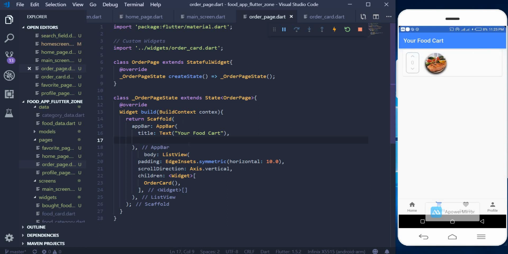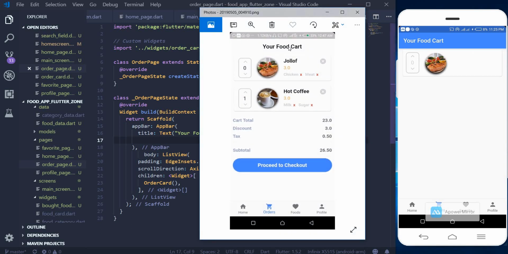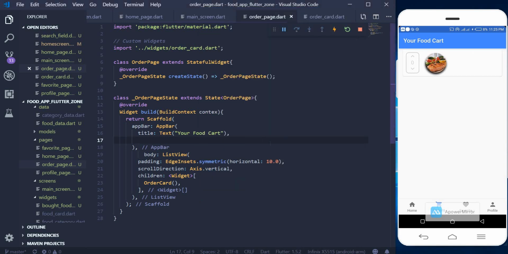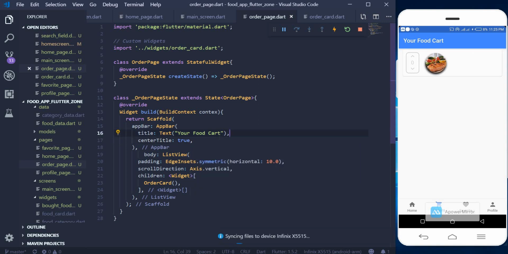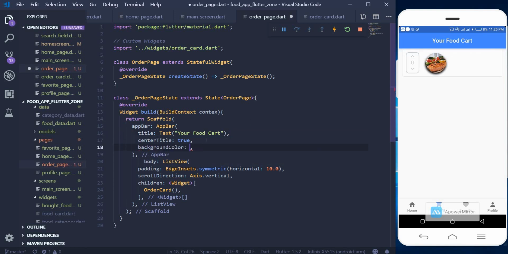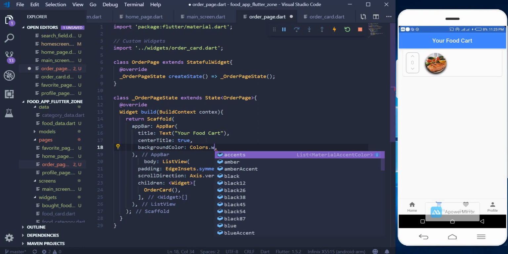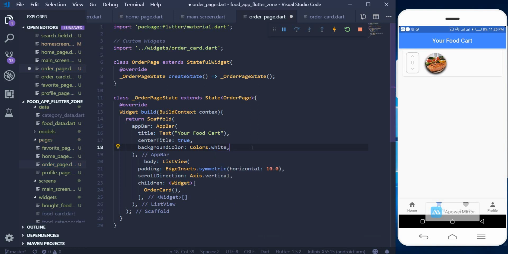So this is what we get, and we know that looking from this one, we have to center and then change the color of the app bar. So we can set centerTitle to true. That means we want to center the title of the app bar, and this is what we get. So we can also change the background color, and I can choose to use the white background. And then if we use the white background, that means we can't see our text, so we have to specify the color of our